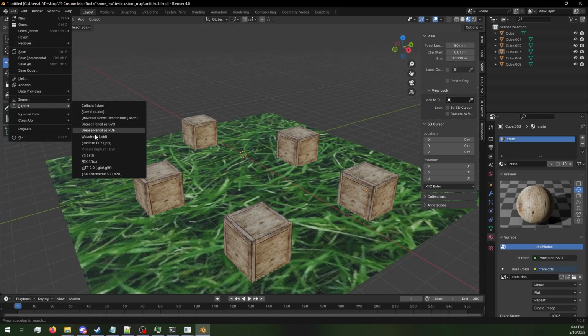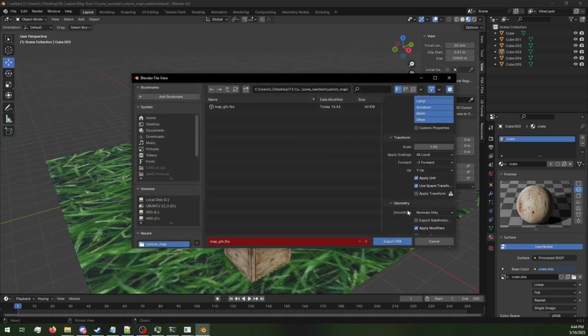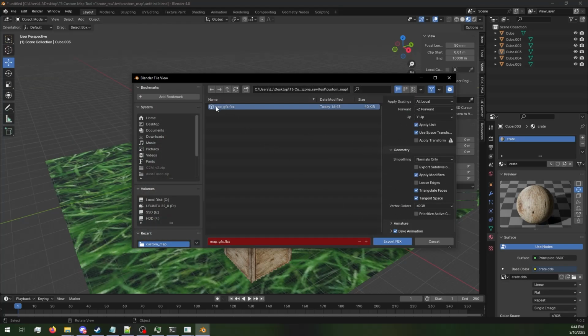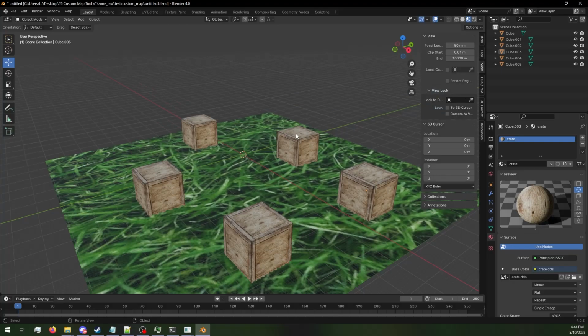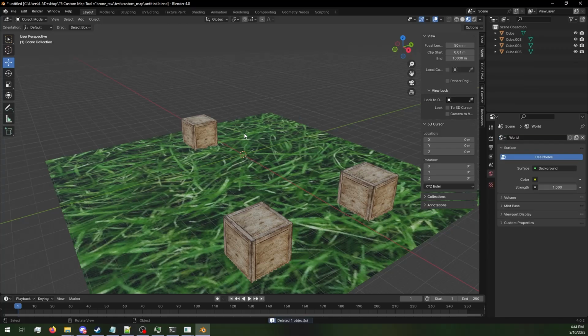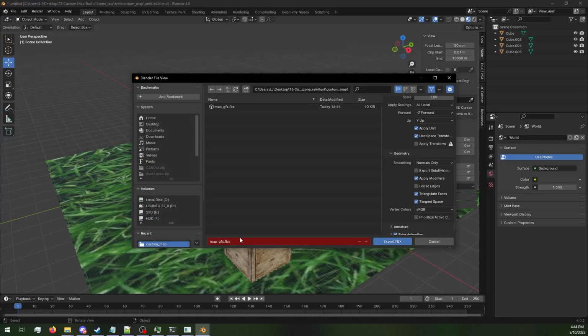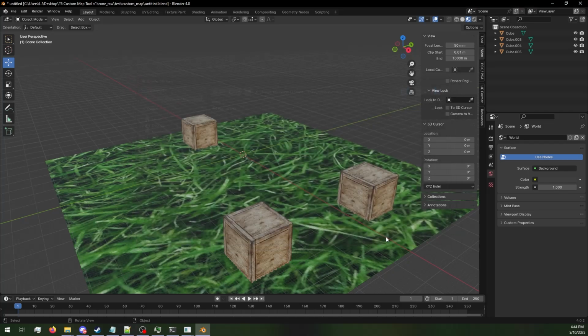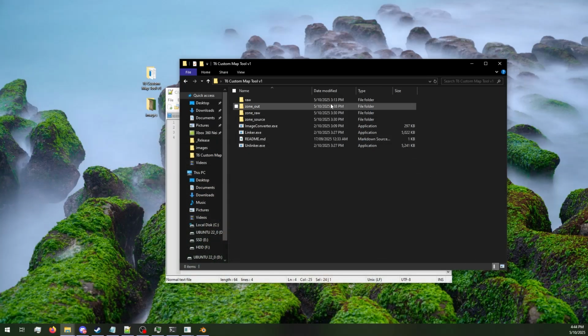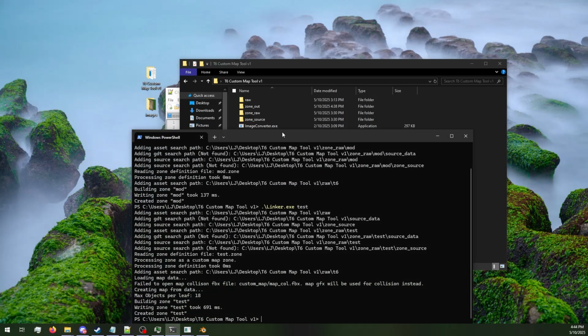So do a quick file, export FBX, be sure to tick these, and export it as mapgfx.fbx. Next, I want to delete these two, as these are the ones I want non-solid, and I'll re-export it again, making sure to tick these, and this time I may rename it map_col, short for collision. Export it, and now if we go back and link it again,